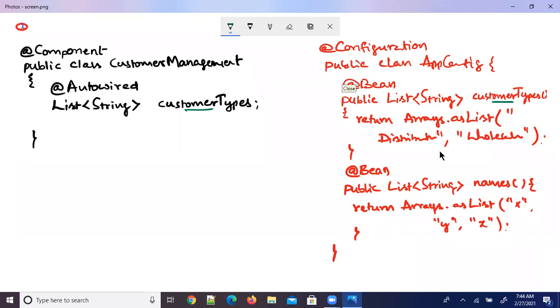Now somebody is asking, what if the method is overloaded? Okay. Overloaded method means I just want to tell you one thing. Again, this is another basic point. When you are creating any bean method, a bean method doesn't accept any parameters from you, because these bean methods get automatically executed whenever the configuration class is loaded.